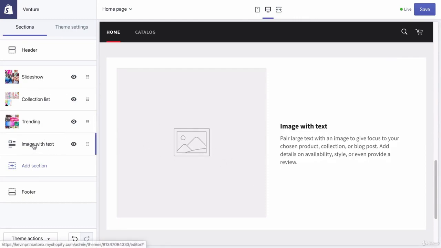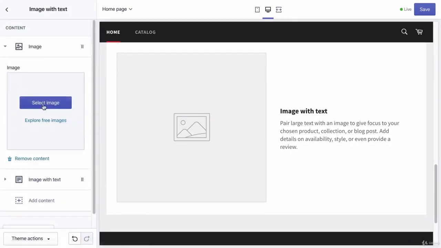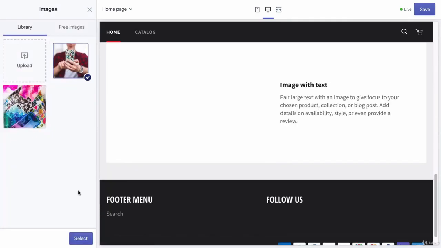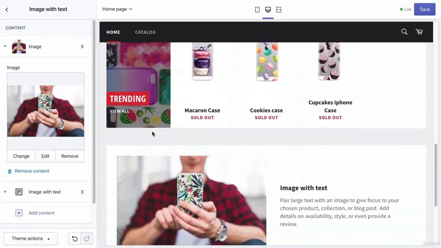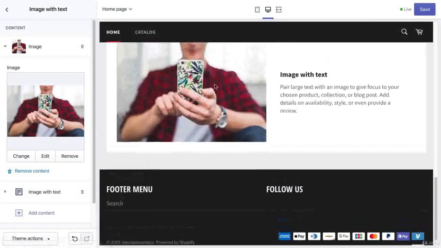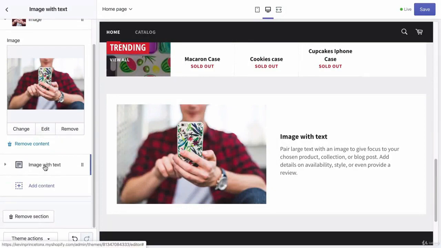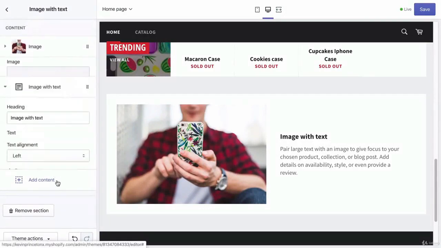So let's edit it. I'm going to click this here, right? You could edit the image, right? So I'm going to make an eye-catching image. Let me use this image. Ideally, you wouldn't use an image twice, but let's assume I didn't use the image for my slideshow, and I want the image right here. And then after that, what do I want to write in the text section? Maybe I could write